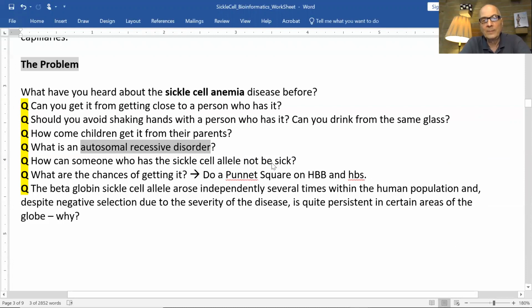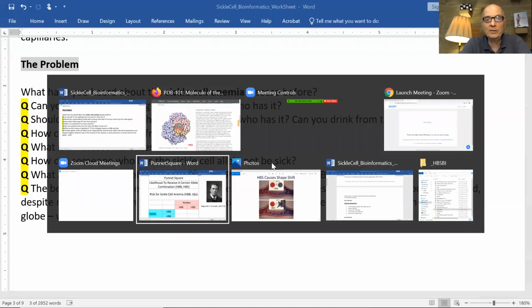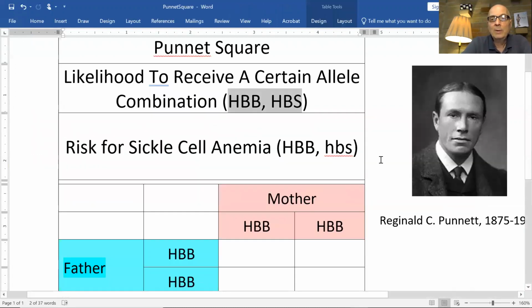With a Punnett square. Let's go briefly into a Punnett square. We're not completing one here, but Punnett squares are tools to determine the likelihoods that certain allele combinations are passed on to offspring by parents. And depending on what these allele combinations evoke, they're also used to determine the risk for diseases